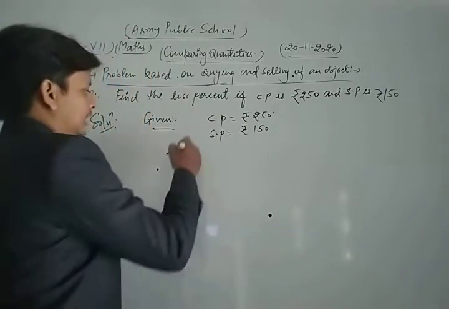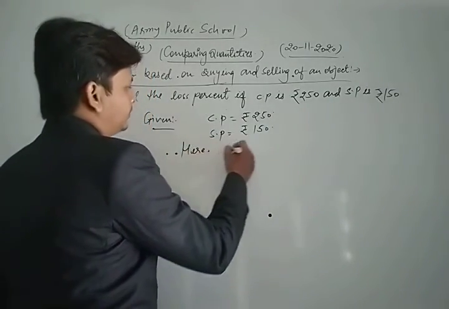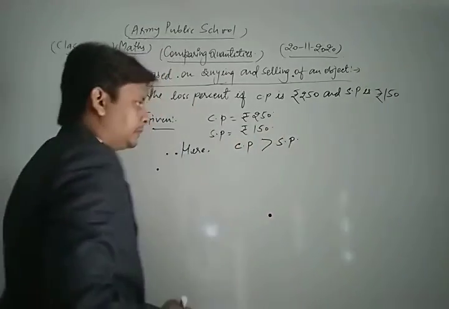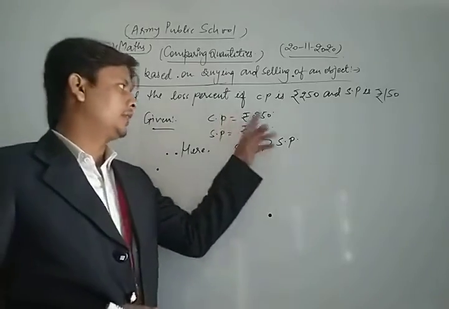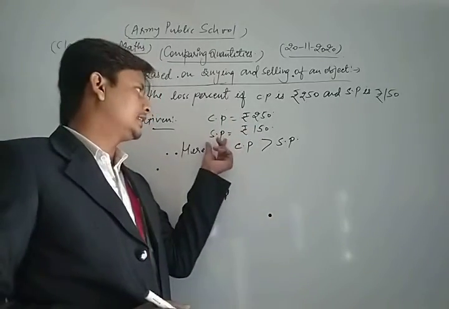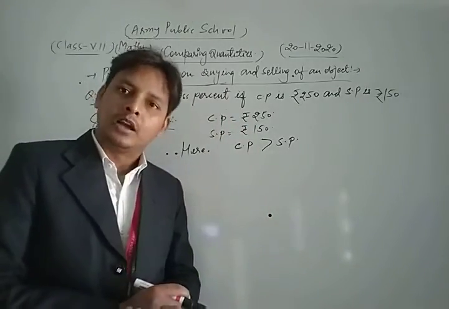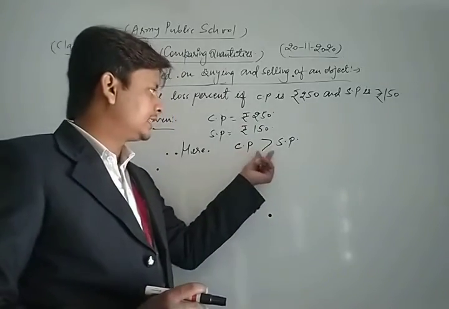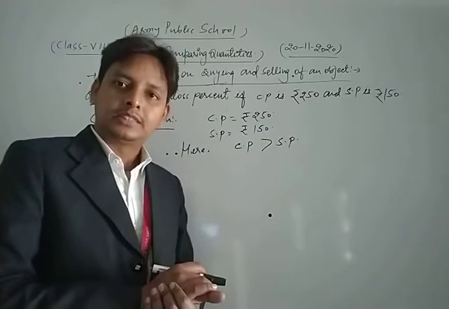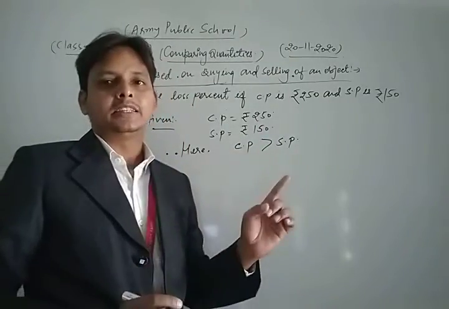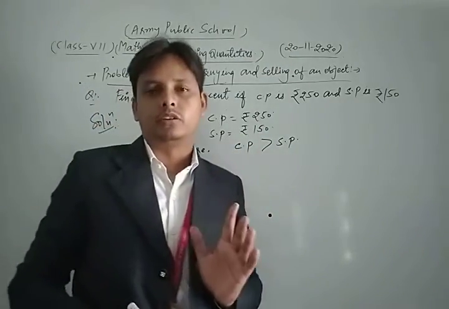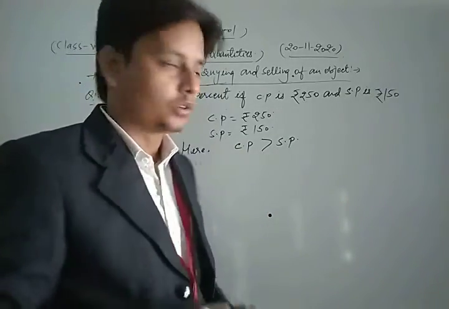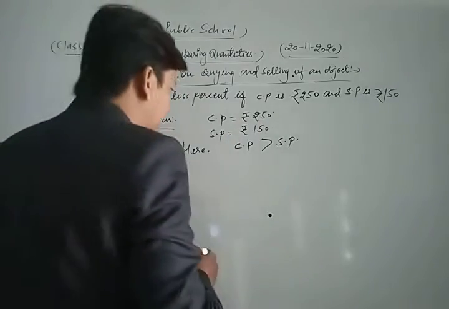But here, let's see, the cost price is greater than the selling price, na? Because the cost price is rupees 250 and the selling price is rupees 150. So for that question, the cost price is greater in comparison to the selling price. In that condition, we always get a loss. Thus the loss percent will be